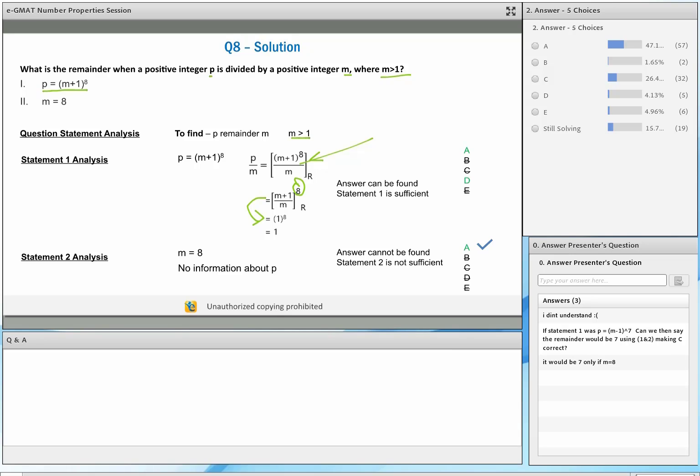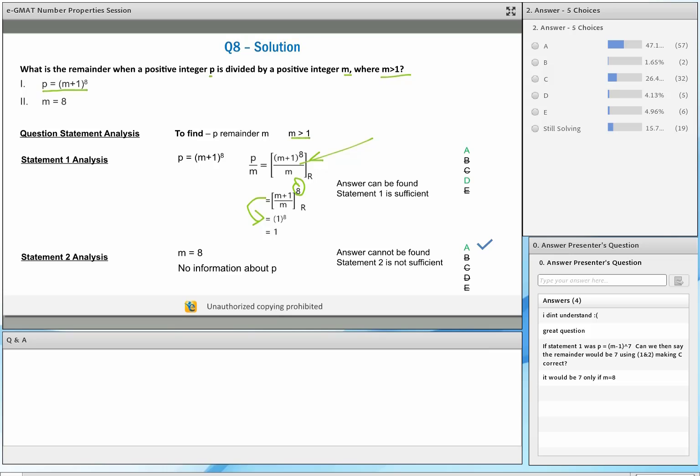You're absolutely right. So what you are now able to do is see that if the remainder was -1, you wouldn't have been able to solve the question utilizing just statement 1. So as long as you have that conceptual clarity and follow that structured process, you can solve such questions with utmost ease.